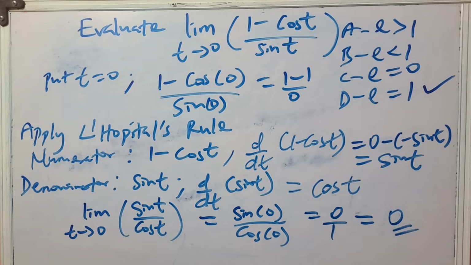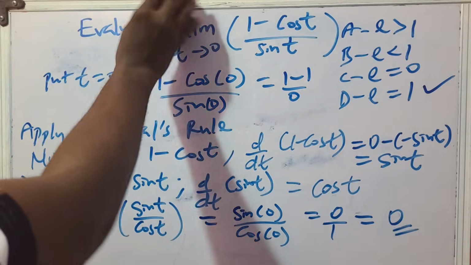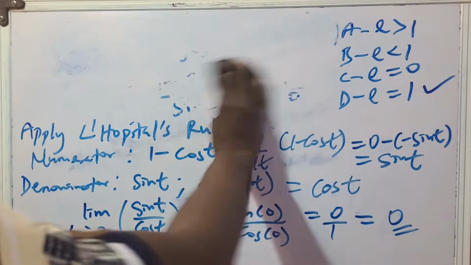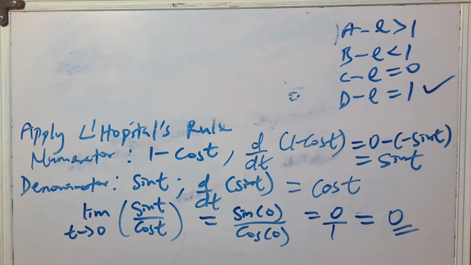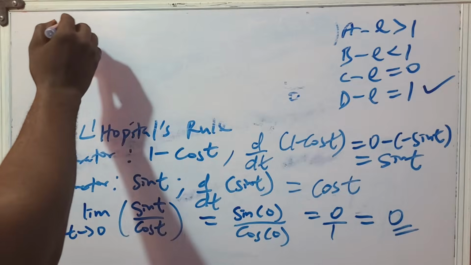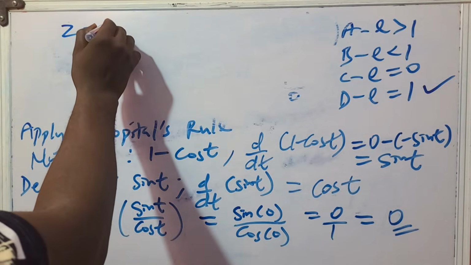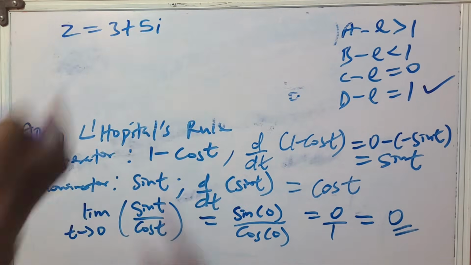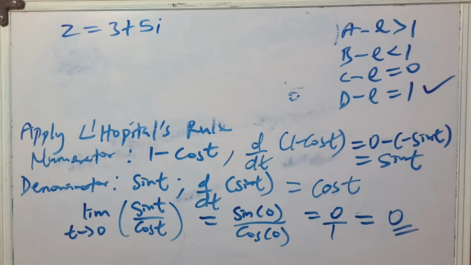And let me run to complex number, then we'll finish on one question on calculus. That's not the end of the question, but we will have to just solve those two questions and call it a day. All right. So this is the question, and I want you to solve. This question came out last year. Complex number. If z is given as 3 plus 5i,